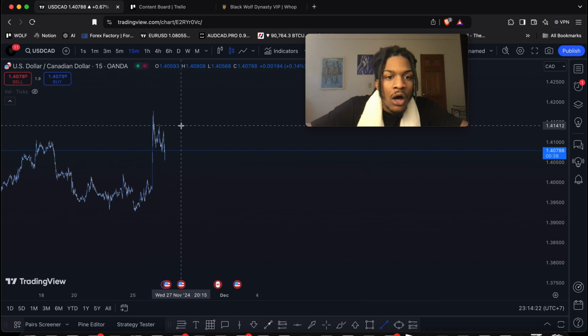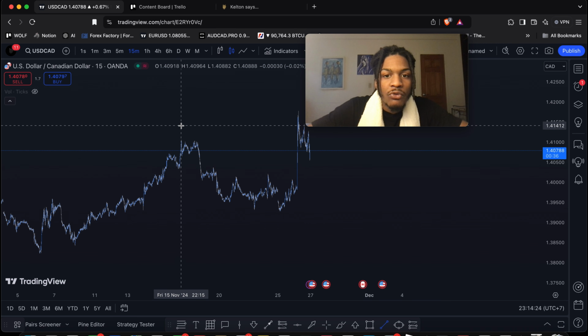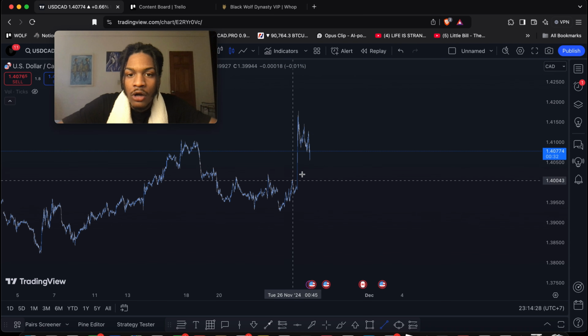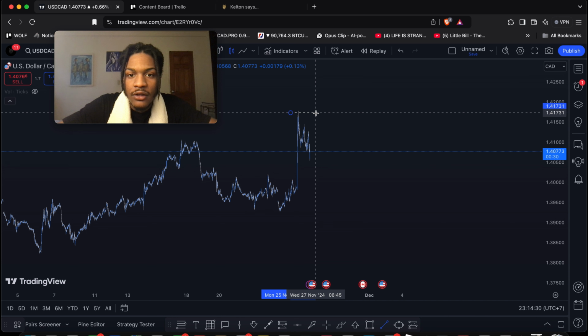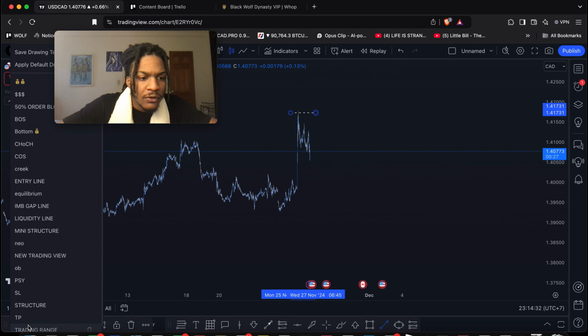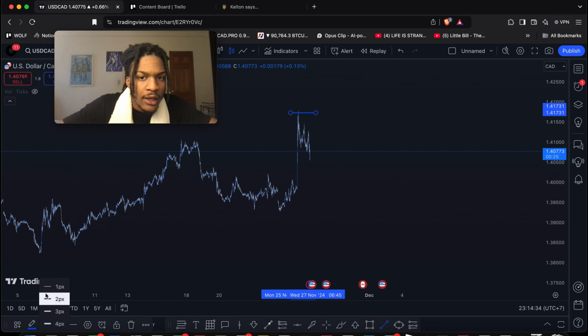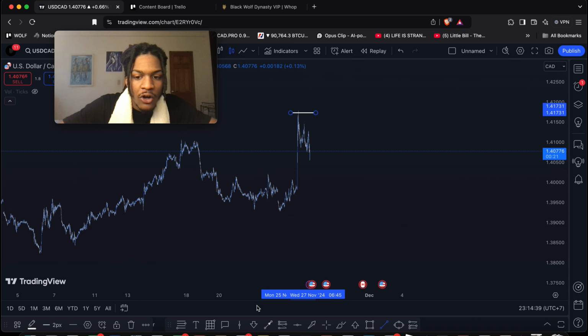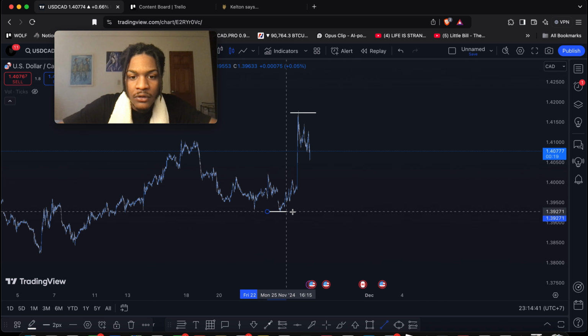So as you can see here, zoomed all the way out, we see our current high, which is right there, and I'm going to make that white, and we see our current low, which is right here, and the current